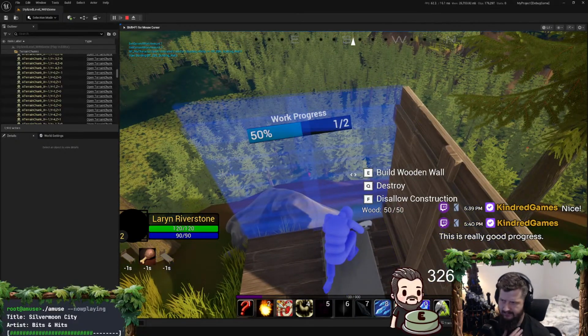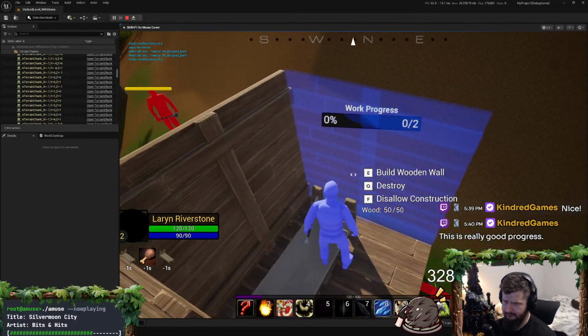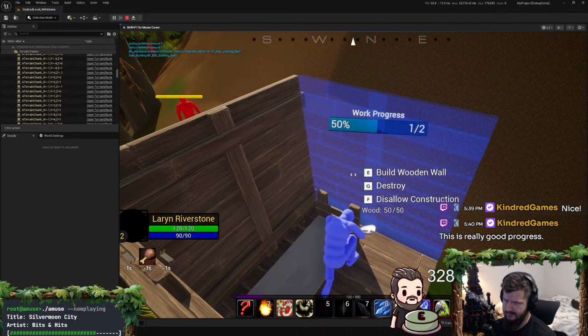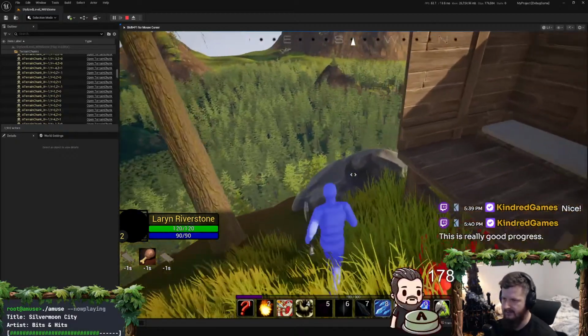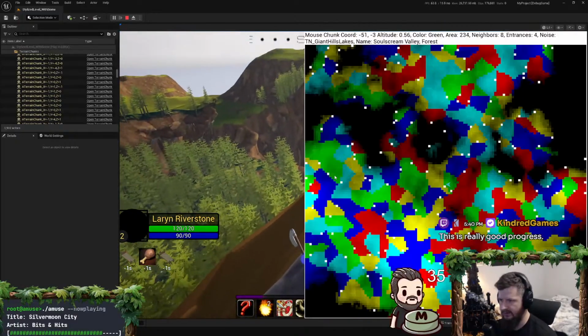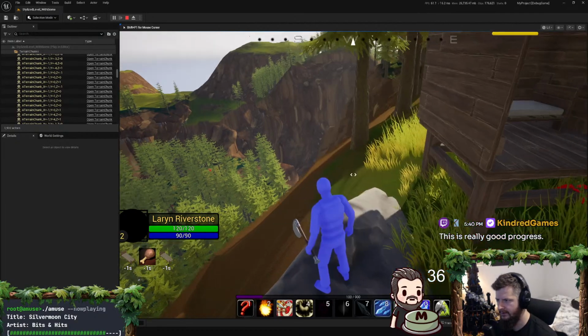For the Colony Sim stuff, I'm taking a lot of inspiration from RimWorld. So a really deep Colony Sim: your base gets raided, you have to defend it, set up defenses. But I also want there to be exploration involved, and I want you to be able to set up multiple colonies all around the world.